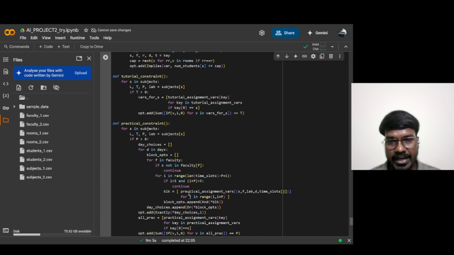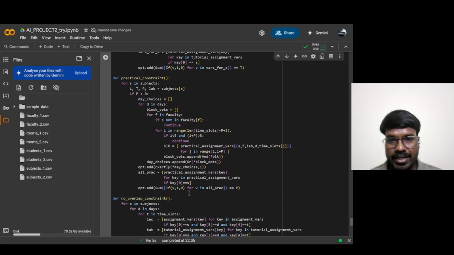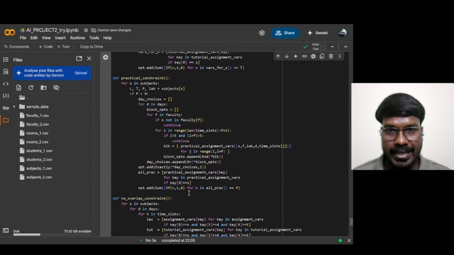We have the practical constraint. In the practical constraint, we are blocking the given hours, like we can have a 2-hour practical slot or a 3-hour practical slot. So we will block that period of time for our practical, and it also checks that in a week we can have